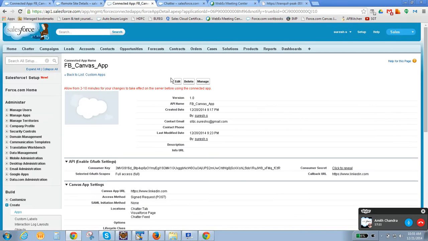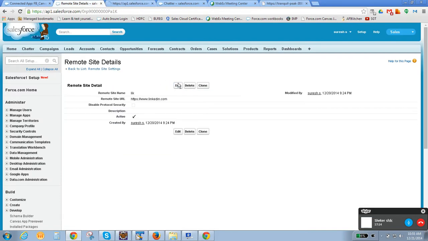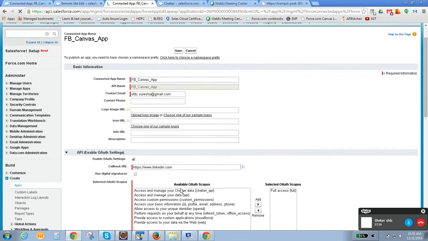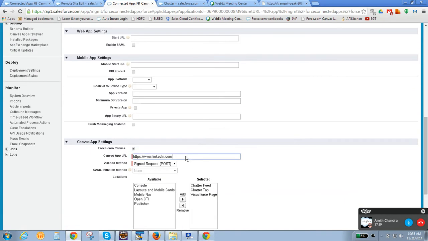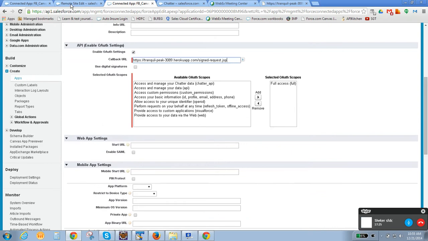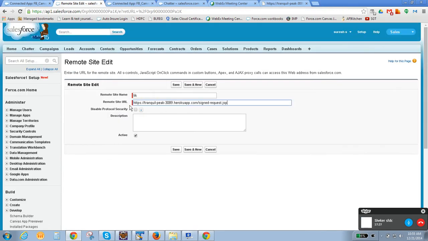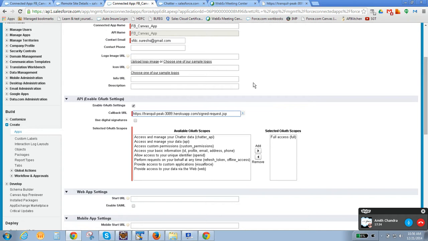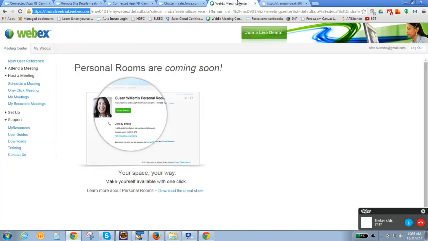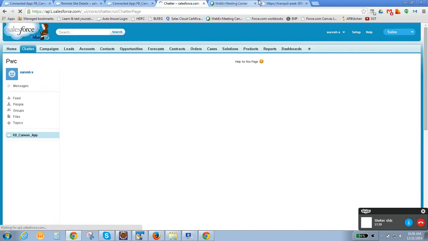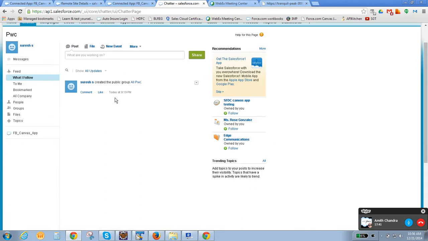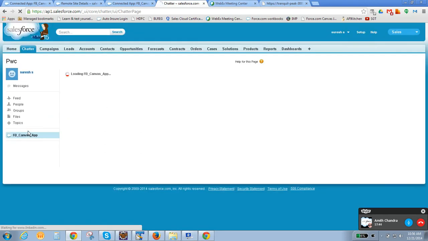I will take this HTTPS URL and put it in this particular Canvas app as the request URL, and I will modify that here also. Let me save this, and save this one also. Now it should open that Heroku application, correct?